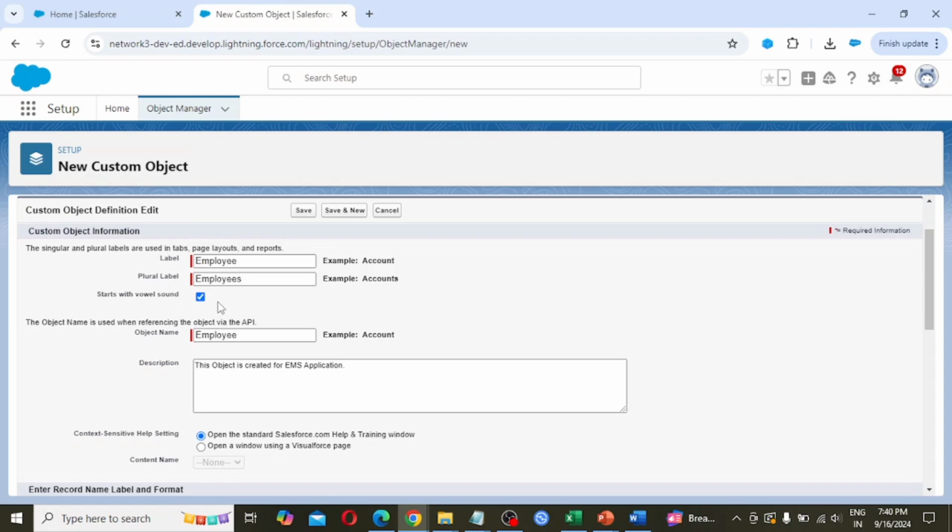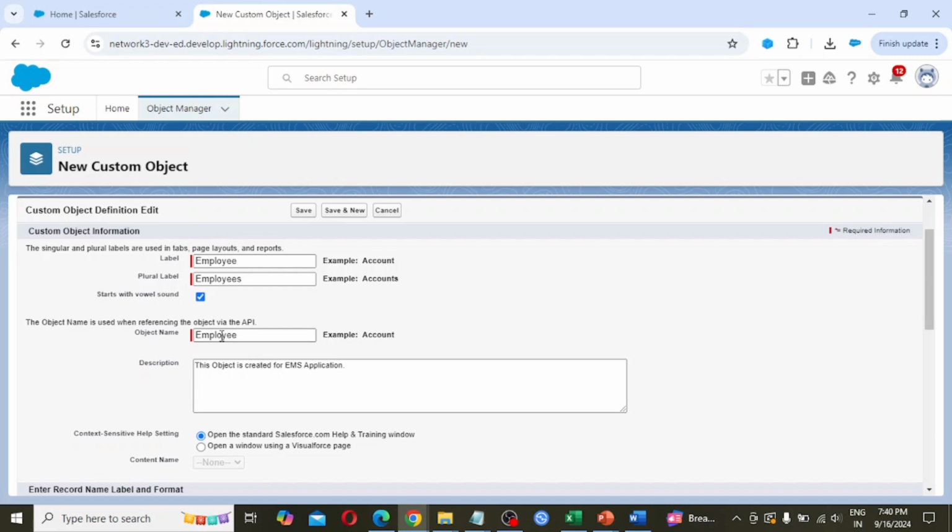If it is starting with a vowel, then we have to check, otherwise no need to check. And also if we leave this information out, there is no effect. Object name is employee. This name is going to be referred to in any customization or configuration.